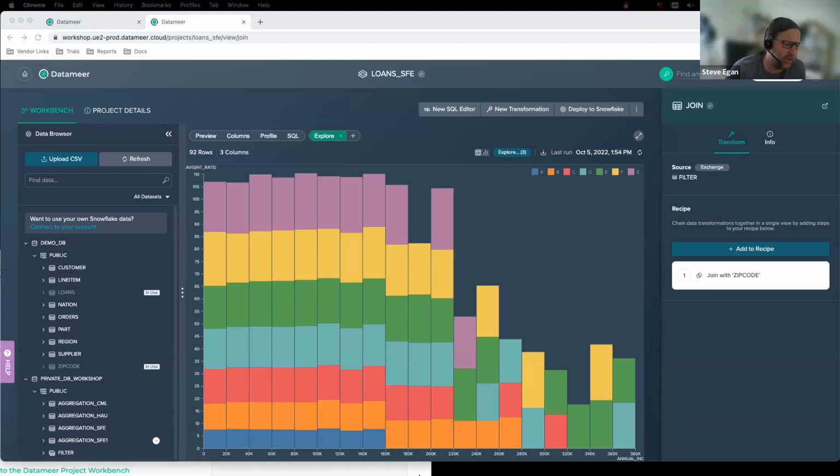So here's a question: can we create our own visualizations, or will only the suggested ones be available? So the answer is you can utilize this visualization, this bar chart. We are going to add more. We're expanding the amount of visualizations. But again, I would just position this as for interactive discovery, not BI dashboards, right? This is so I can interactively discover and derive insights within Datameer during my